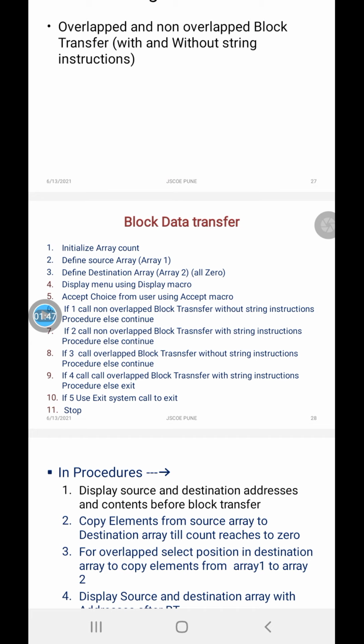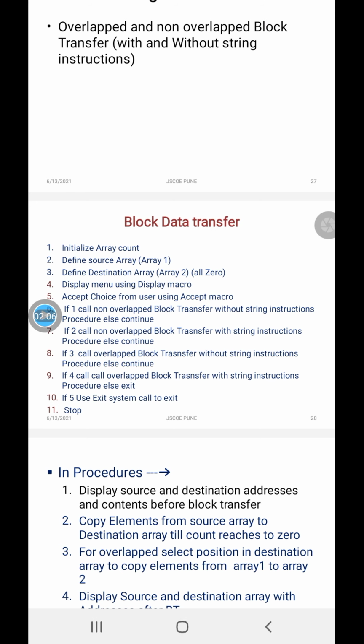So in this case your source block is starting from 2000 and it goes up to 2003, four bytes of data, it can be word, double word or quad word. That data we have to transfer to another memory location which is not matching with the source memory locations. That type of transfer we call a non-overlapped block transfer.